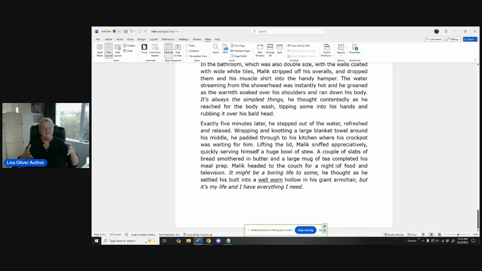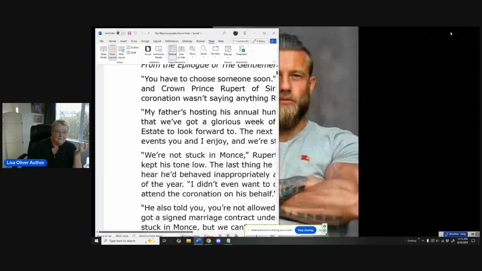Because how I write my stories, because they're romances and they're written from dual POV, the first chapter is going to be in one person's POV, and then the second chapter is going to be in the second character's POV. One of the simplest ways of writing a romance is you take one character from this side and one character from their point in life, and then you find a way to bring them together. That's basically what a romance is. So there we go. But if we go back to Crown Prince Rupert,